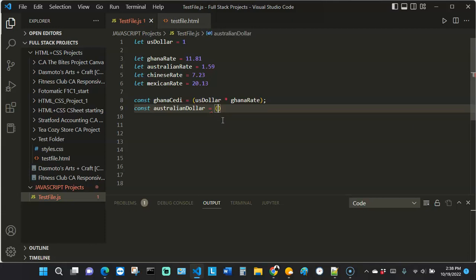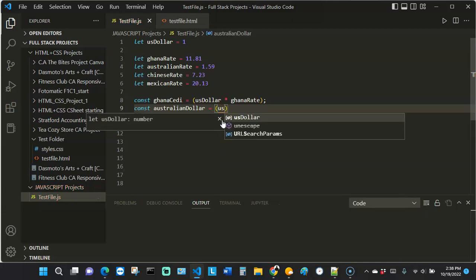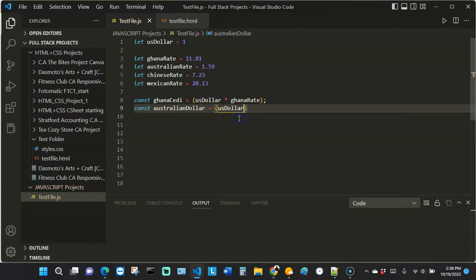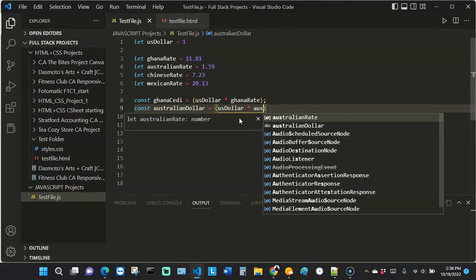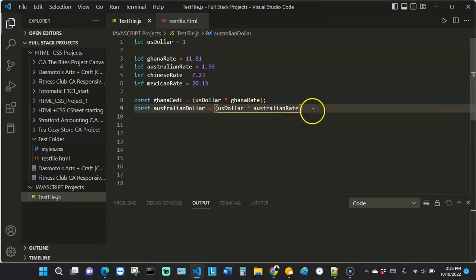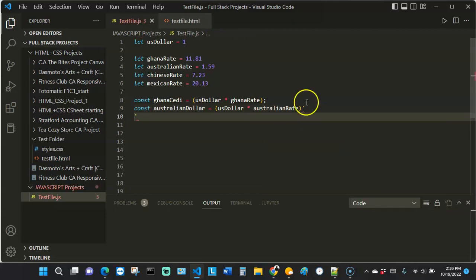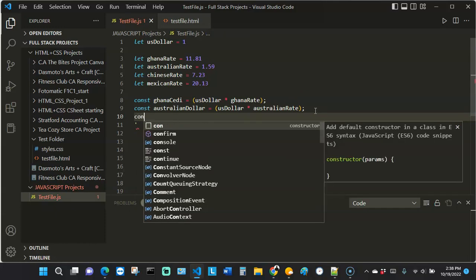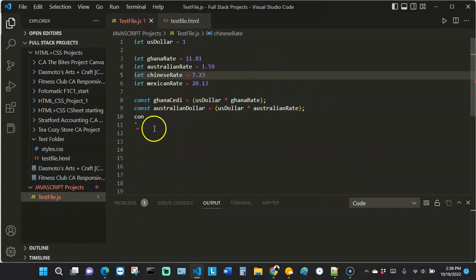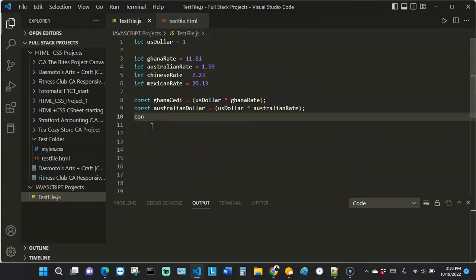Okay, and we're gonna set that to US dollar, and we're gonna multiply that by the Australian rate right here. Okay, and then, wait a minute, and then we're gonna create one, hang on a minute, it's an error. Okay, now we're gonna create another constant,